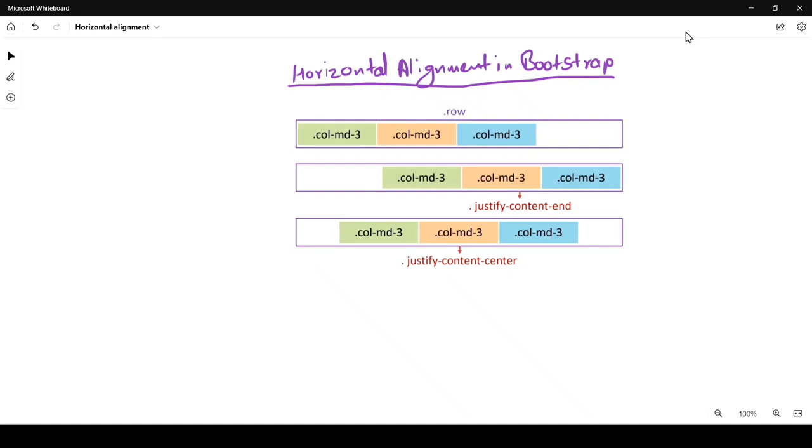Hello friend, today we are going to see how we can horizontally align items in Bootstrap. For example, we have three columns: column 1, column 2, column 3. And if we want to align these columns at the end without providing individually the margin, then we can use